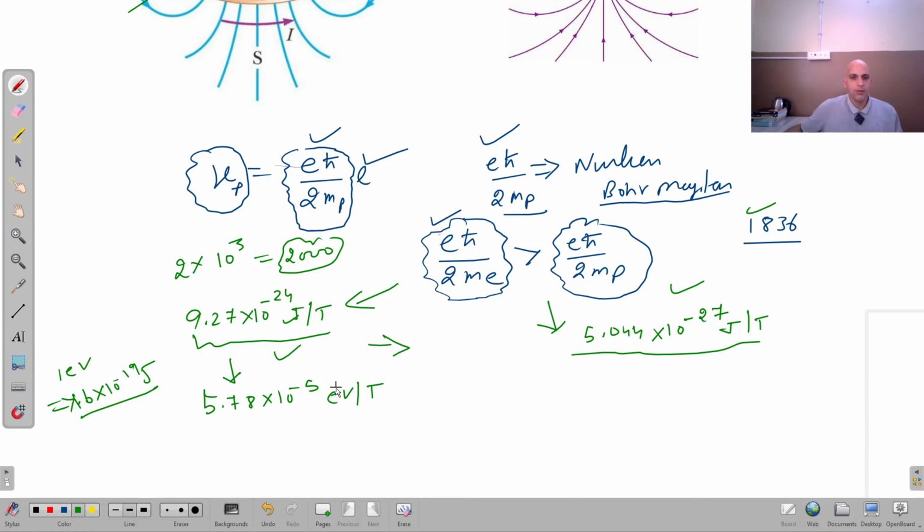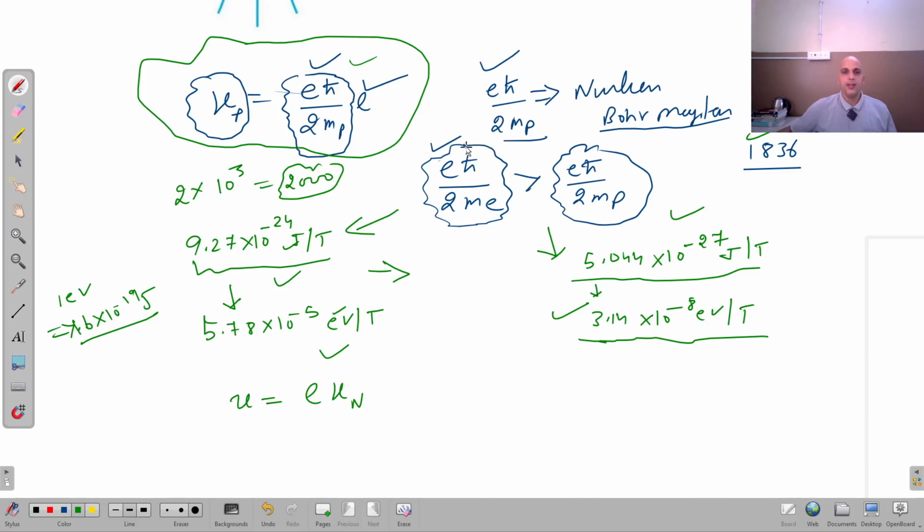So this was the expression for the orbital magnetic dipole moment of proton. I can write it as mu is equal to L into mu n. Here mu n stands for the nuclear Bohr magneton, which I am using to represent eh cut upon 2 mp, and L is the orbital quantum number. So this is the value of the magnetic dipole moment of a proton due to orbital motion.